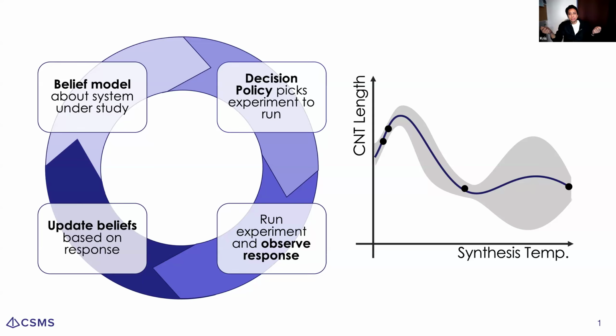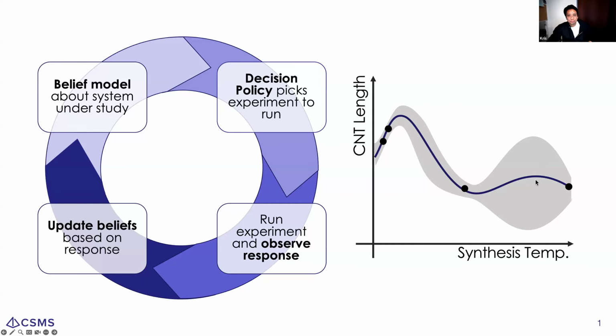And a good policy, because we have these uncertainties, doesn't just look at the blue line and say, well, if I'm trying to maximize carbon nanotube length, I should do this recipe, the one that corresponds to this one, because my estimate says this is the best. Because we have to take all of these estimates with a grain of salt. There's uncertainties to this. For example, over here, we have regions with large uncertainty. And so you can imagine a decision-making policy saying, well, let's do experiments here because we have large uncertainties. Getting data here would reduce those uncertainties.